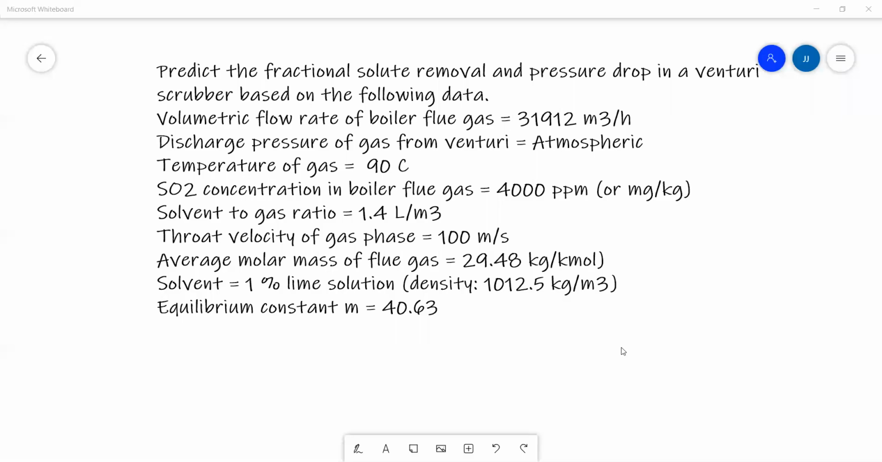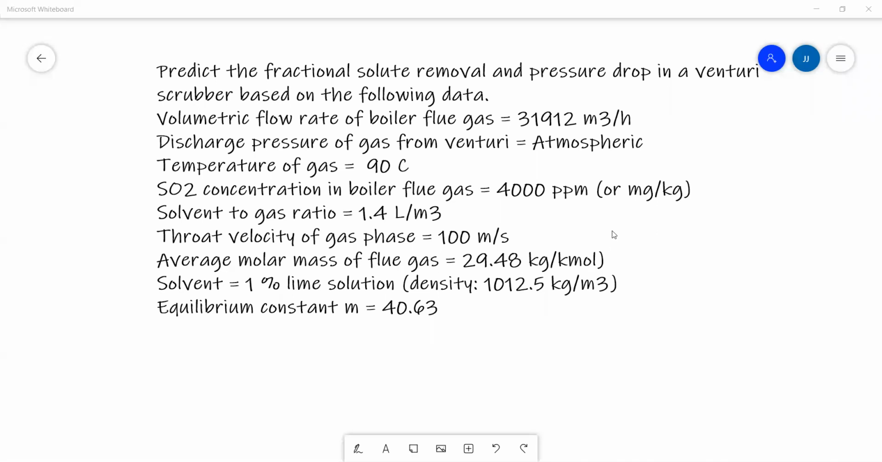So good morning, students. Now let's try to solve a problem of Venturi scrubber. This is the problem statement: predict the fractional solute removal and pressure drop in a Venturi scrubber based on the following data. So we have to determine the fractional solute removal and pressure drop. Now the data given are